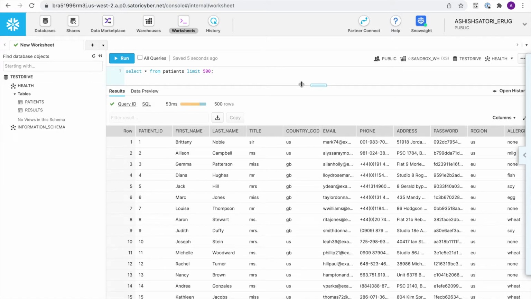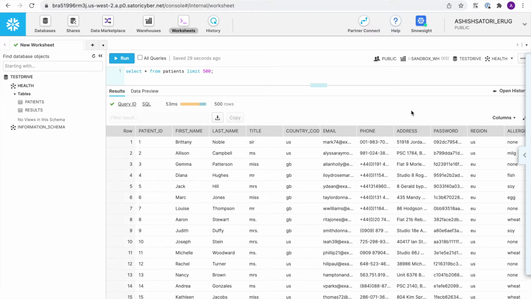Wow, great. Now we have access to this data set. Congratulations. And as you can see, there's a lot of personal information and personal health information of patients right now exposed in this data set, which has access to pretty much everyone. Let's see how we will protect this information in Satori from unauthorized users in a few minutes without writing a single